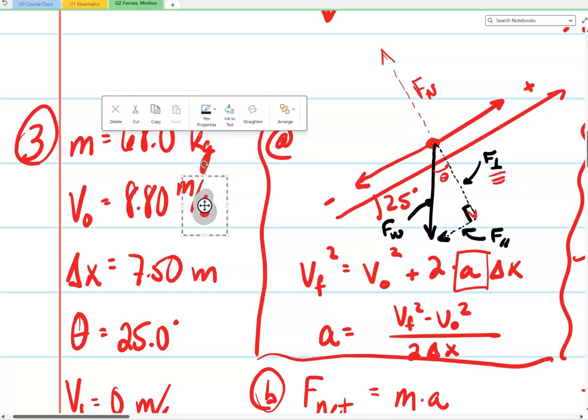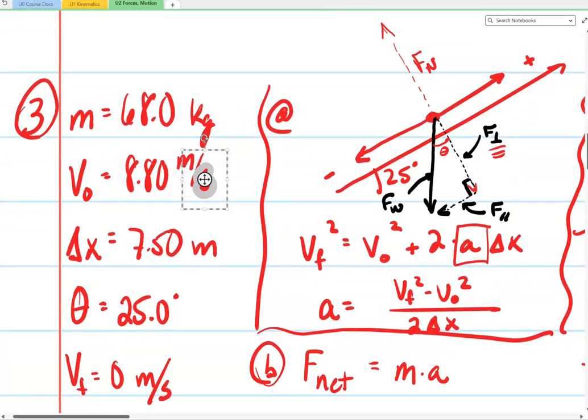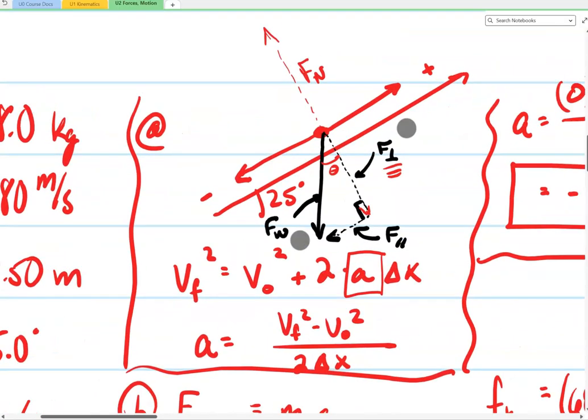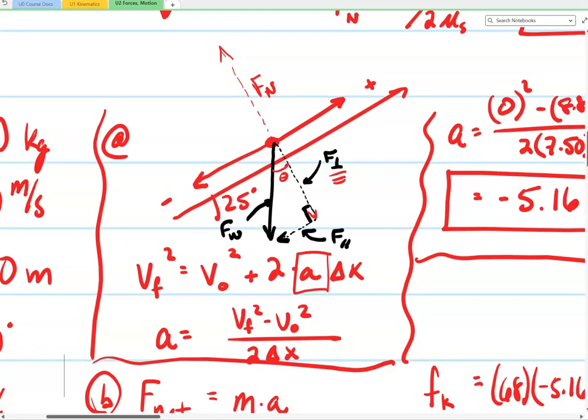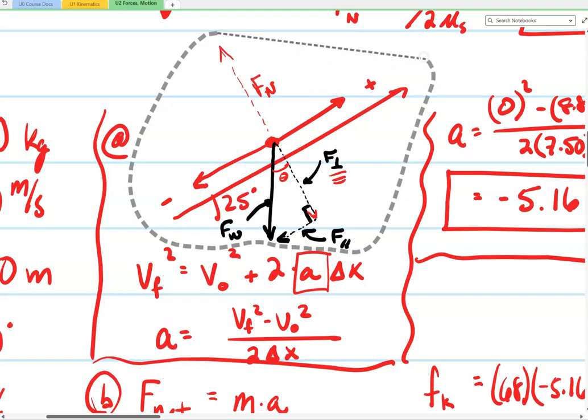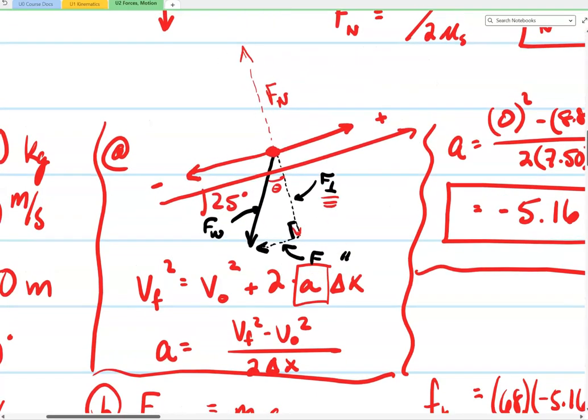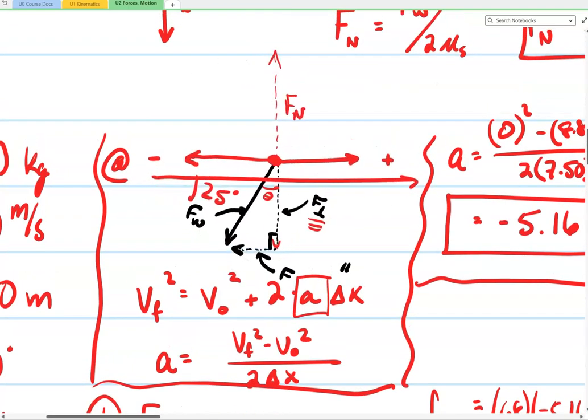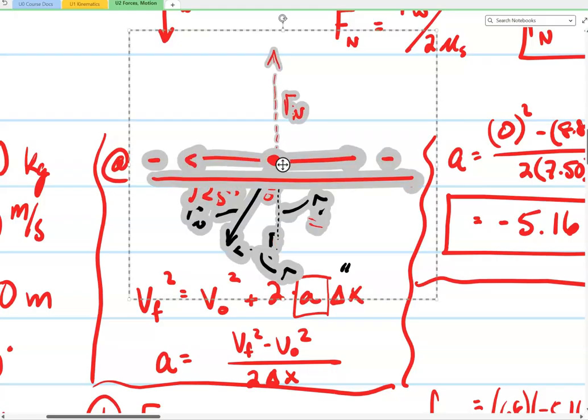So I've written down all the given information, taking note that the final velocity of that snowboarder was 0 meters per second. But in reality, we have the snowboarder that's coasting up a hill, so we have this slant that's occurring here. But the clue kind of gives us some information here. If we consider just the fact that the skier is moving forward on that slant, and just to change our